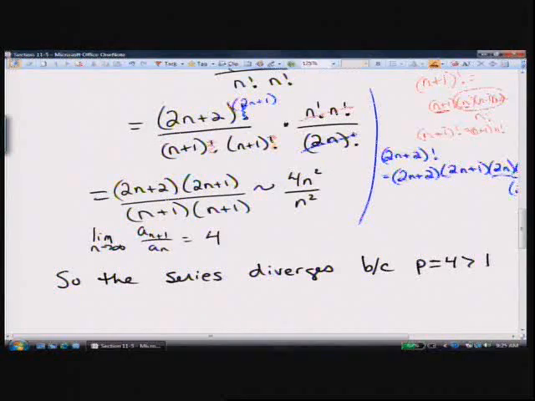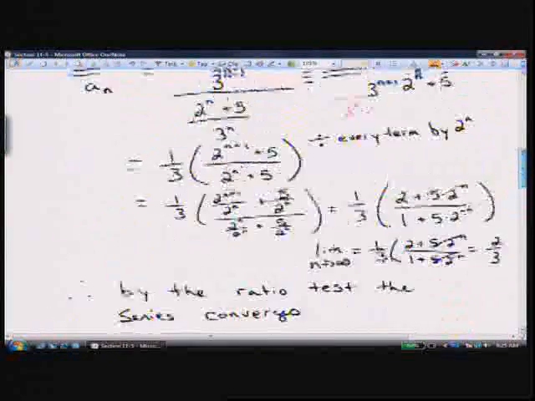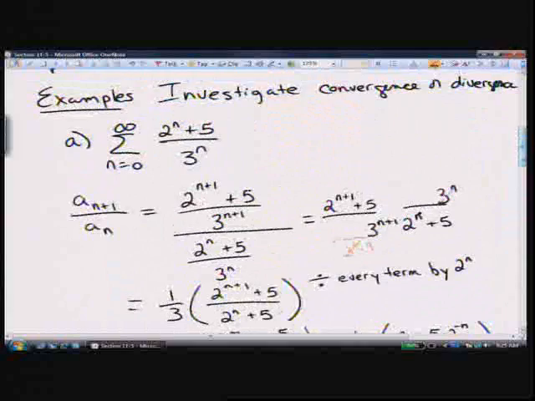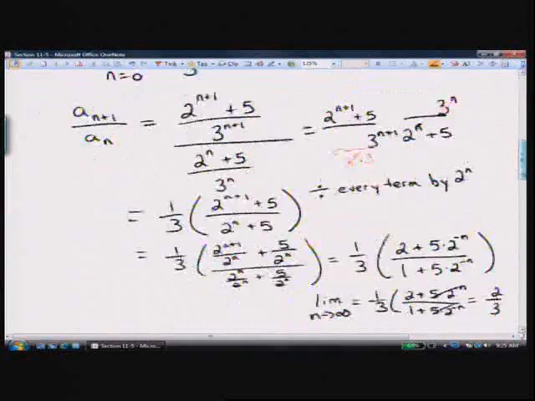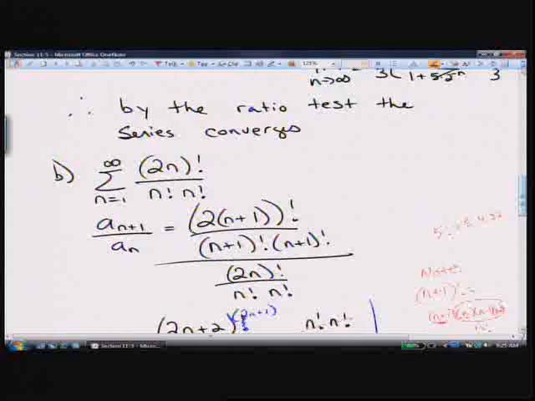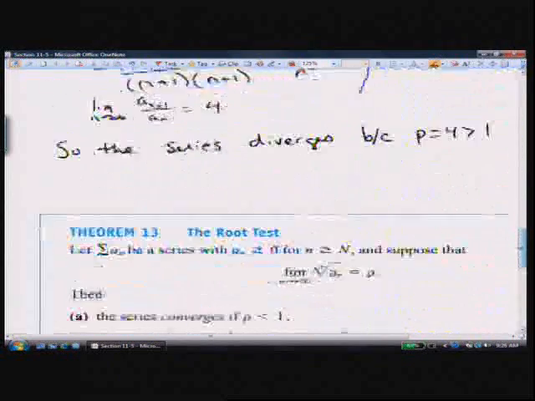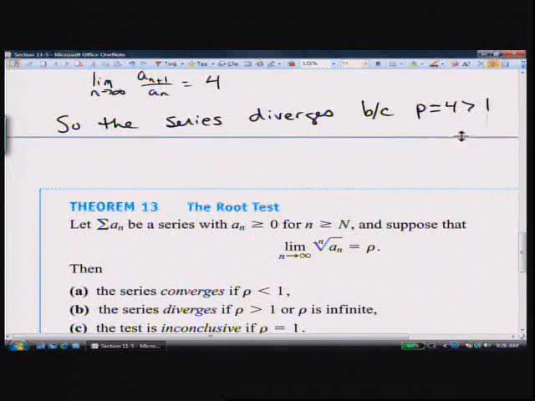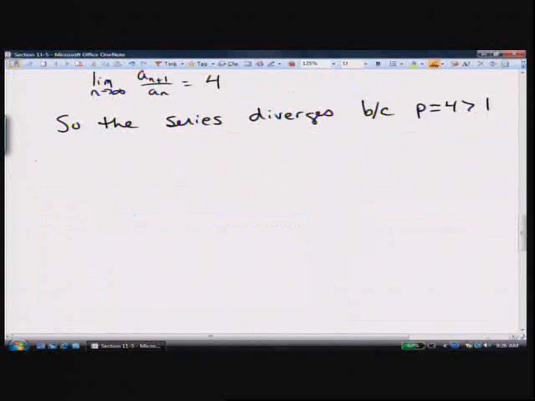Okay, so that was one that we dealt with that was all to the nth powers, which could have been handled a different way. Then we looked at this factorial one, and for factorials the ratio test is awesome. Otherwise, you can get your comparison test, but that's kind of a scary one. That one was kind of scary. So this next example is going to combine both, and so it should be lots of fun. We're going to look at the series as n goes from 1 to infinity of 4 to the n factorial,